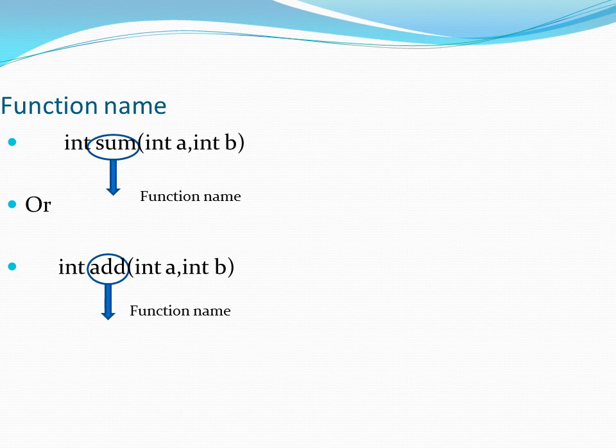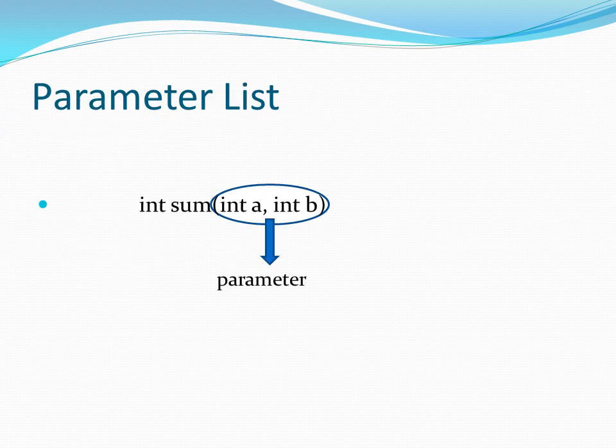The next component of the function definition is the parameter list. It is a list of variables with their respective data types required by the function for internal computation, passed during the method call. An empty parameter list indicates that the method does not receive any value during its call. Example: int sum(int a, int b). Here, a and b we call parameterized variables.